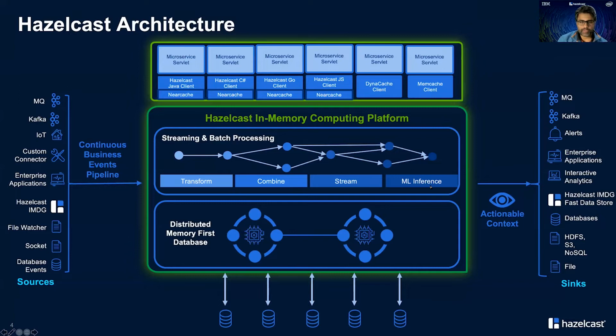Since it's all in memory, the reference data, which may be required for performing those transformation operations or running business checks or detection, is already in the memory of the Hazelcast servers where the computing is going to happen.